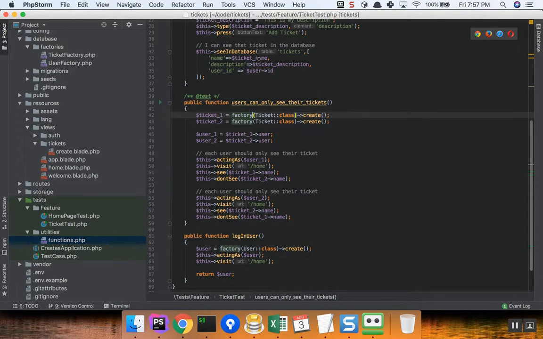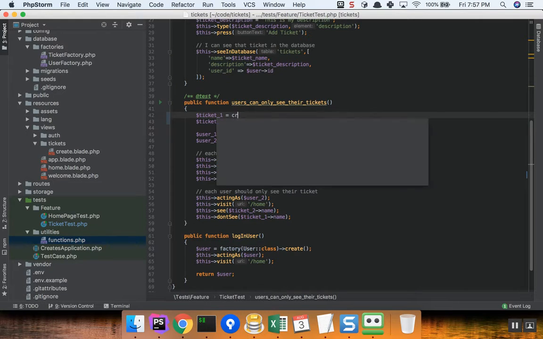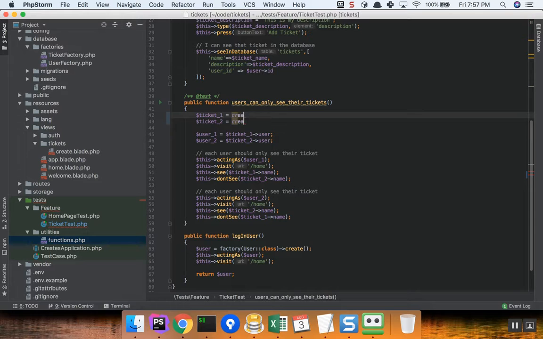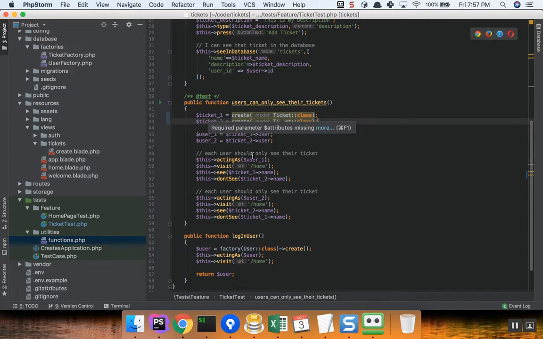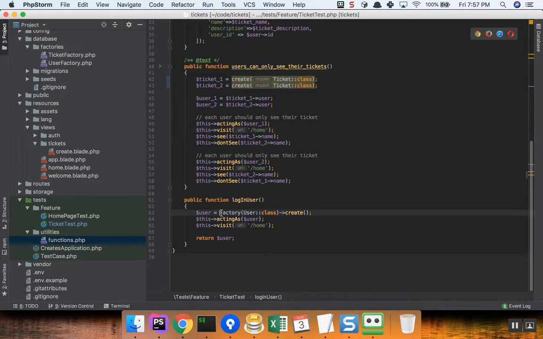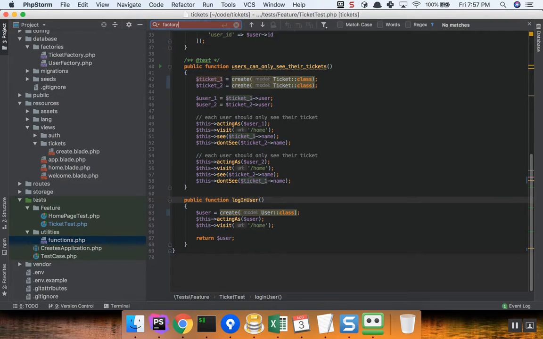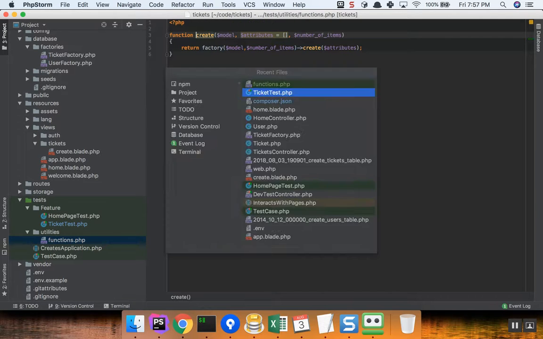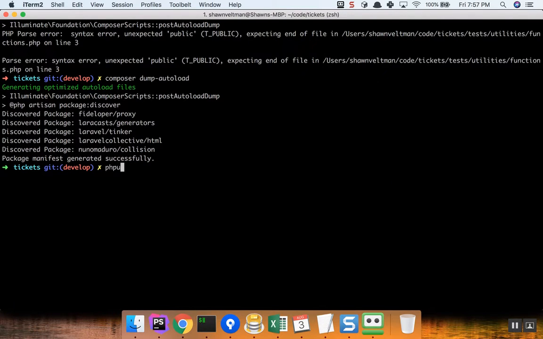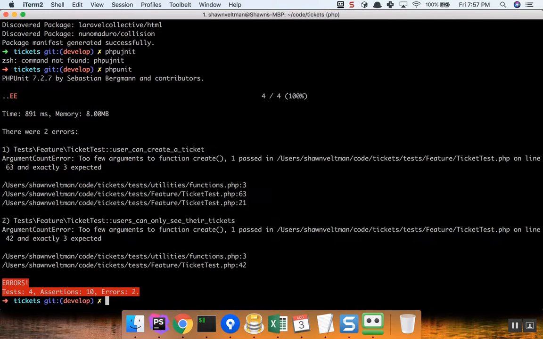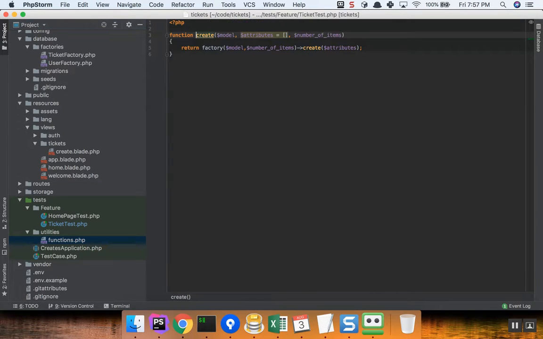refactor all of these factory methods to instead just say create. And similarly down here, I'm going to create a user class. And do I have a factory anywhere else in here? No, so I should be good. Okay, so now let's run our tests. It doesn't like our create method. Oh yes, equals null. Okay,